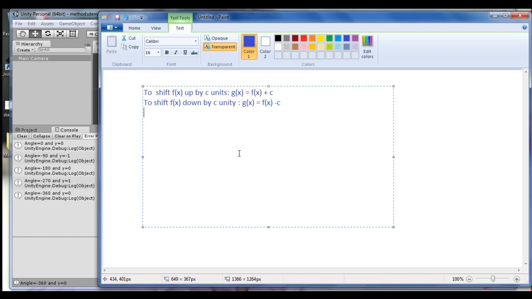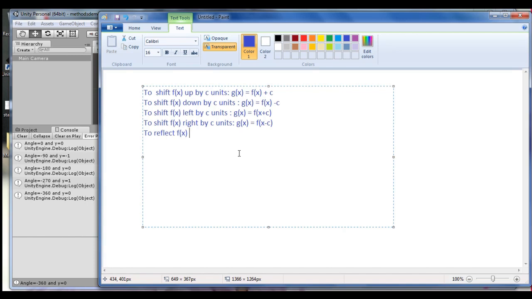And after that, if you want to shift f of x left by c units, what you need to do is g of x is equal to f of x plus c. If you have to shift it left, then to shift f of x right by c units, then g of x is equal to f of x minus c, some constant,